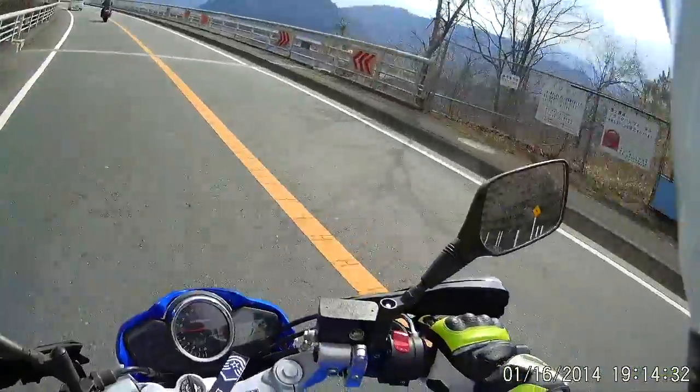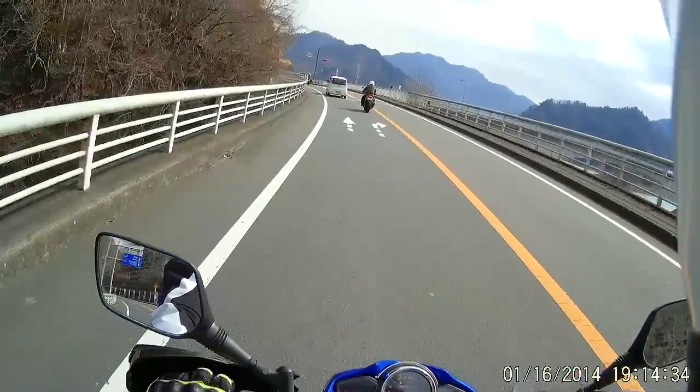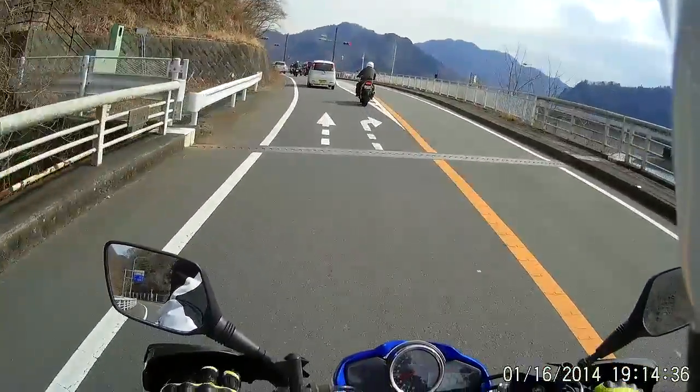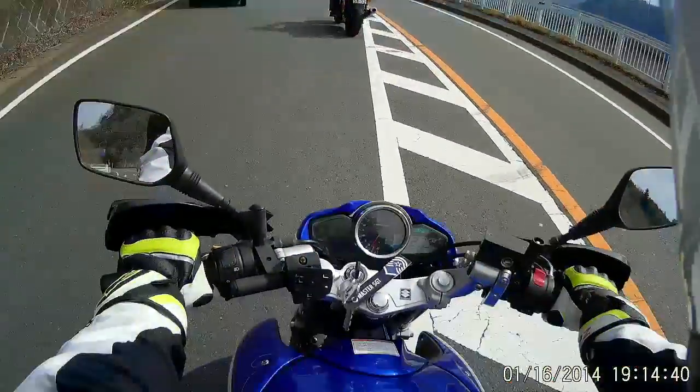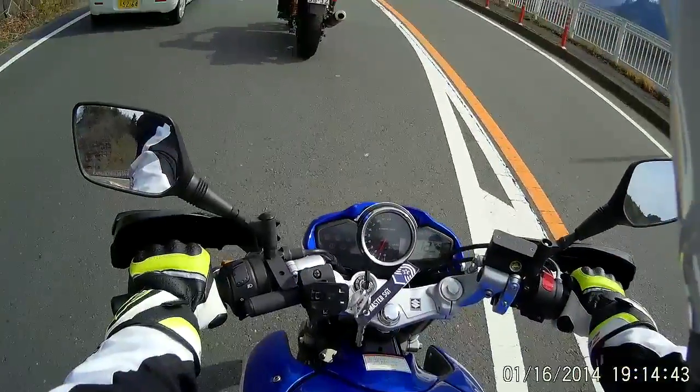So this is the road I was trying to get to a while ago. This is the 64. If you go to Google Maps and look at Tokyo and you just go